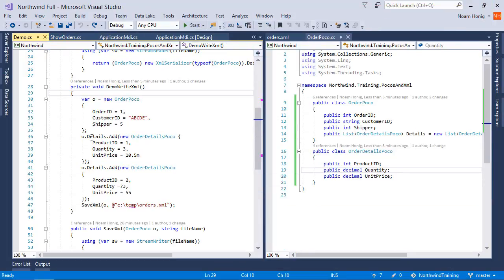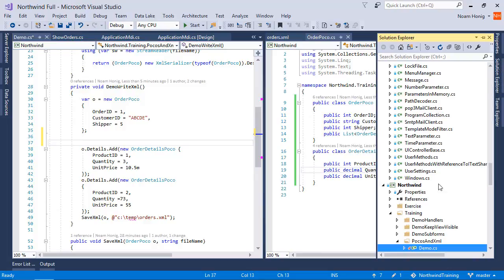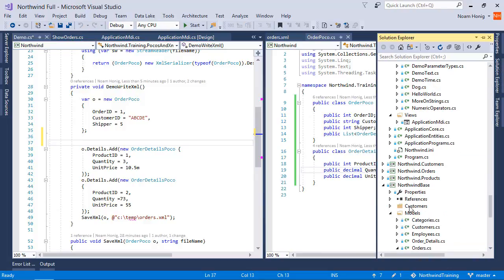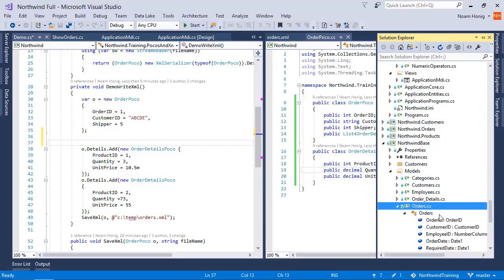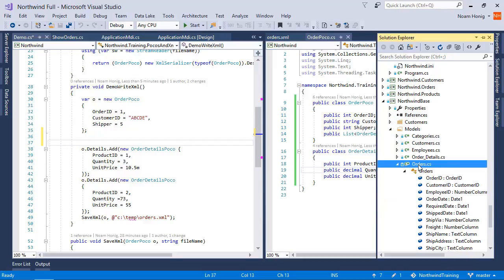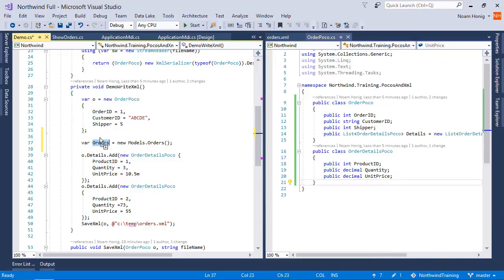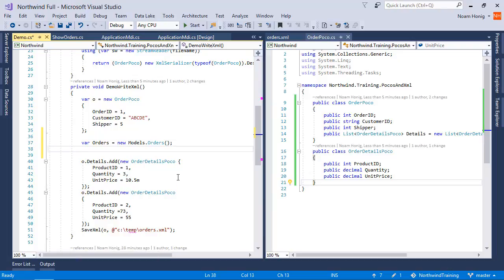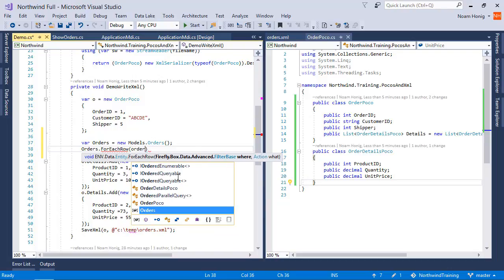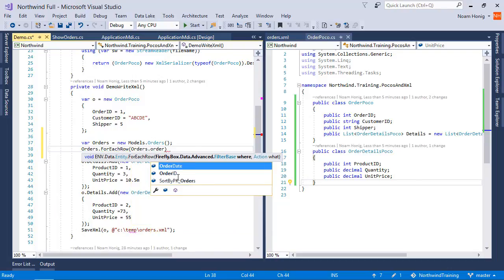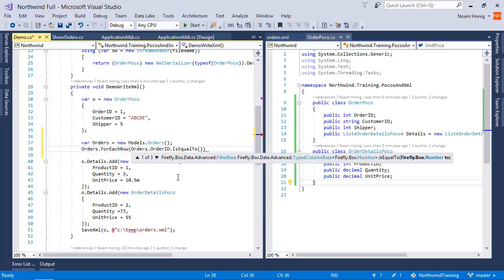To do that, we'll get the table. So we'll go to Northwind base, the models namespace. We have the orders table and all the columns in it. We're going to drag it into our code using the control key, which will give us var orders equals new models orders. And then we can say orders for each row where orders.order ID is equal to, and we wanted to use 10249,